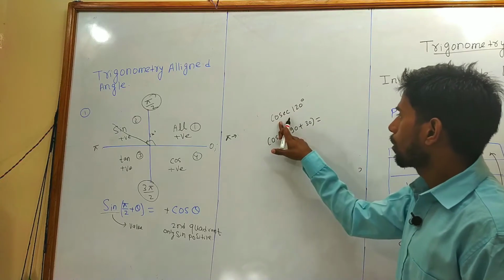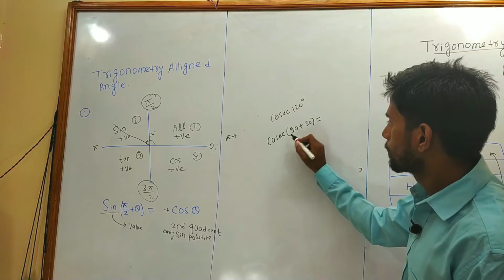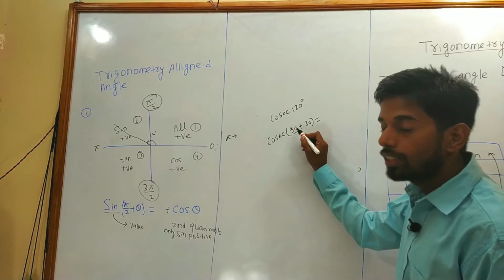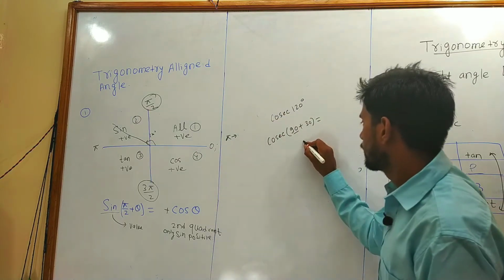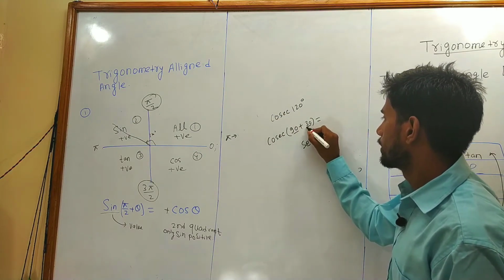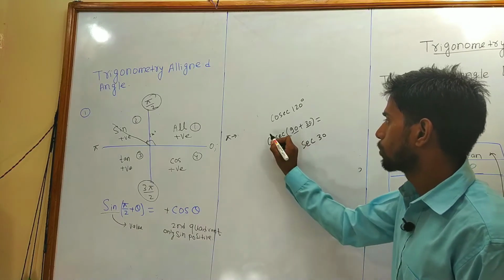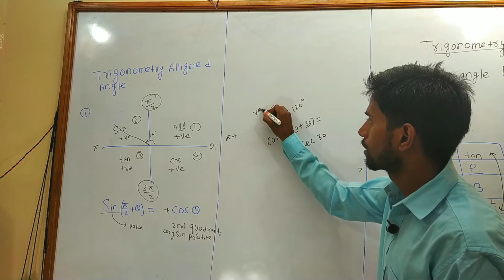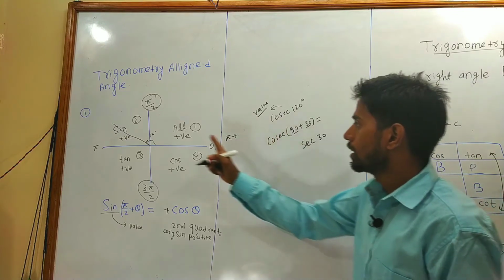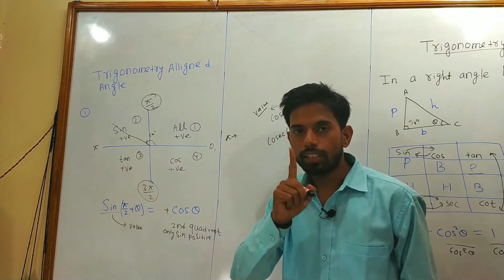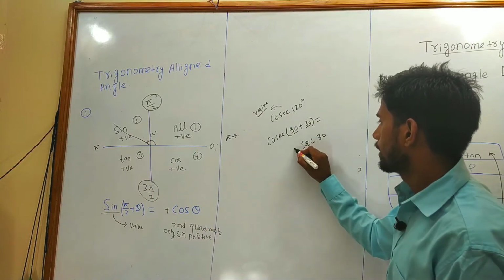Example, cosec 120 degree means we can write it as cosec 90 plus 30, so cosec will change to sec. So we can write sec theta. Theta is how much? 30. Whether it is positive or negative, we have to check. We have to give the value of this cosec, whatever is written in the question. Now cosec 120 degree, where does it lie? It lies in the second quadrant, and in the second quadrant only sin value is positive. That's why we have to write negative here.